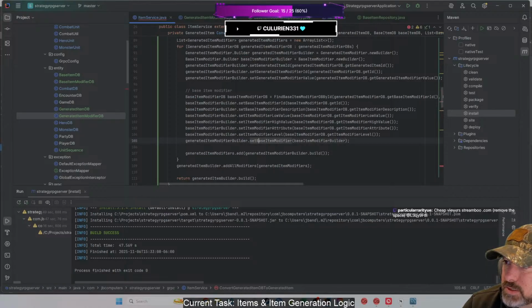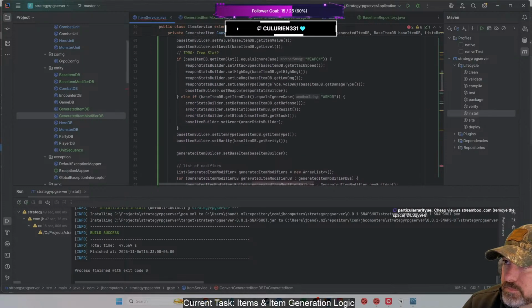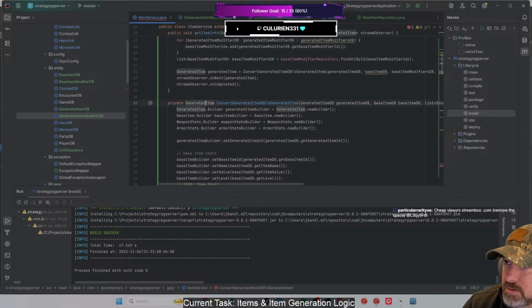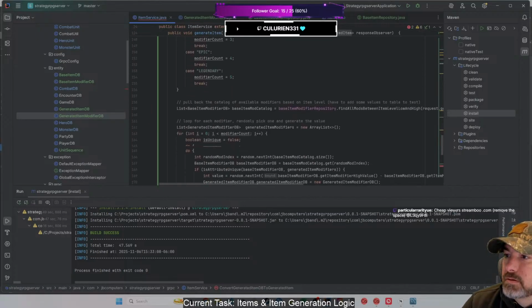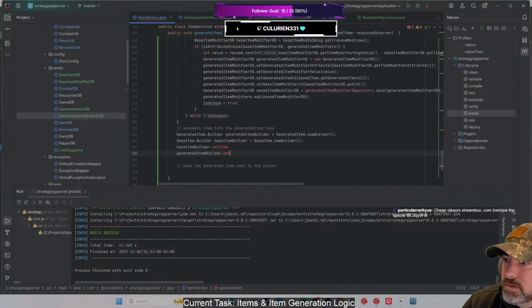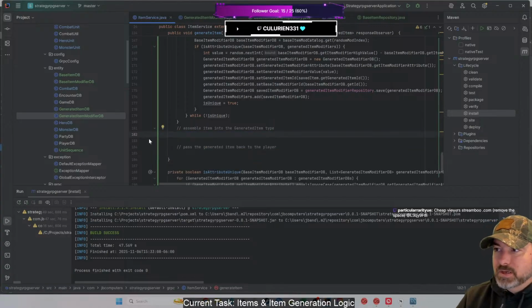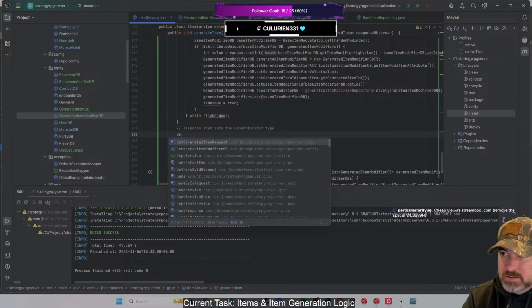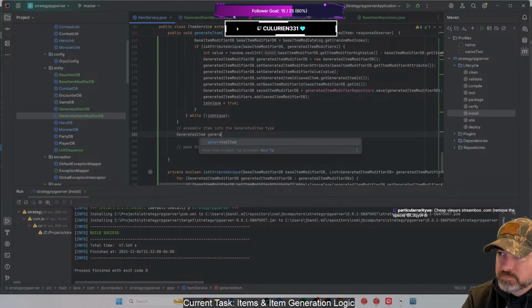Oh, you actually set the base item modifier in the object. Okay. Fair enough. So really, we've already got the method we need to do what I'm doing. So let's clean all this up. I forgot that we have that conversion already. And then this will just read generated item